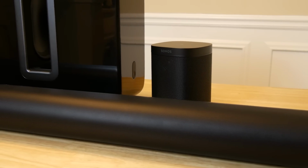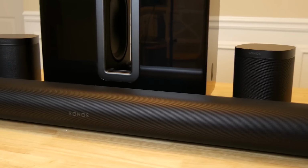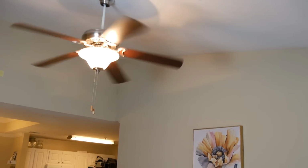Yes, it's expensive, but the audio quality is just fantastic, even in a non-optimally shaped room. Like, we have a slanted roof, so the Dolby Atmos capabilities aren't the best. Upward firing speakers have an odd angle. It's a very open room, not the best home theater type environment, but it's still been absolutely incredible to